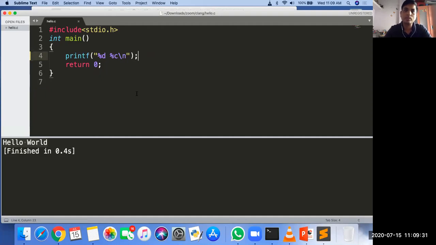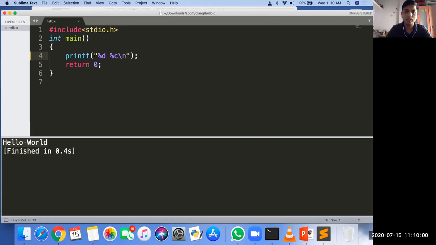Just be fast, because in 1.5 hours we have to cover a lot of practicals, the last of the program that we have to cover. So if you have an idea what the output is, you can tell me directly, or insert your output in the chat window itself. Okay, so what is the output here? printf with %d and %c. Now I'm taking a program that you have never seen before.